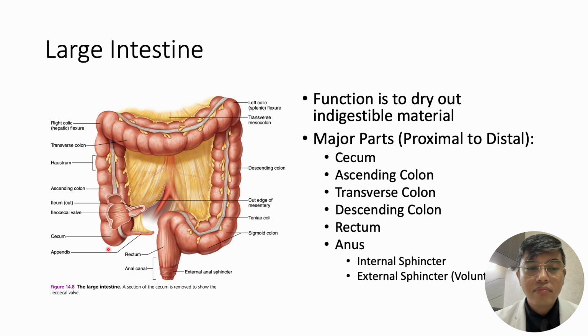Now, from your cecum, up here to your ascending colon, to your transverse colon, down to your descending colon. Okay, you have here your sigmoid colon also, as part of the descending colon to your rectum and where it will exit yung iyong anus. The anus has two sphincters. You have the internal and external sphincter. At masasabi ko dito at ang nakalagay dito would be yung external sphincter kasi ito lang ang voluntary na kaya nating buksan at kaya nating isara.